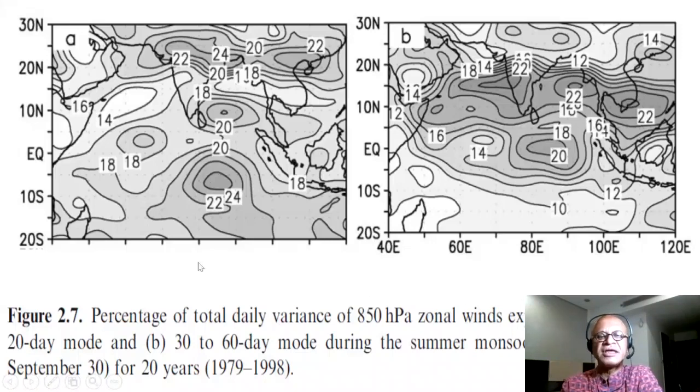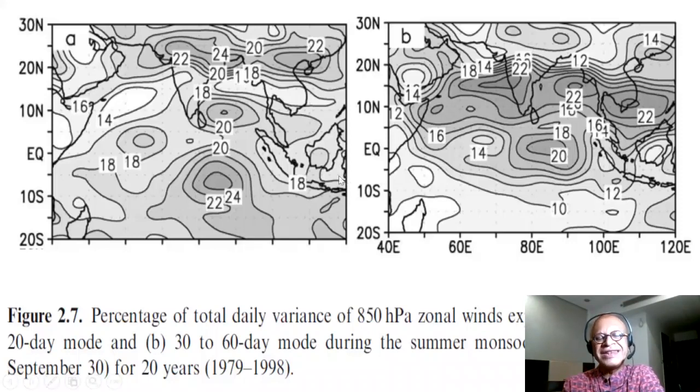Here we are looking at 10 to 20 days, but the structures associated with the propagations involve the Rossby waves. Here the Rossby waves are asymmetric, shifted to the north by the mean monsoonal winds and so on, and the